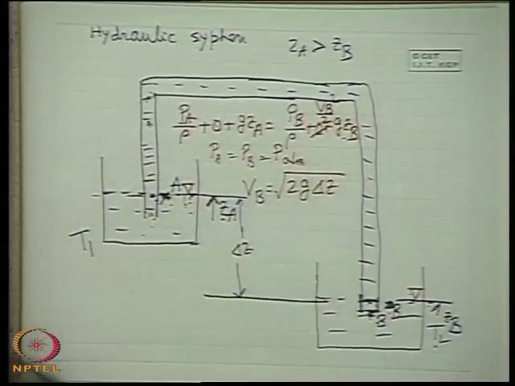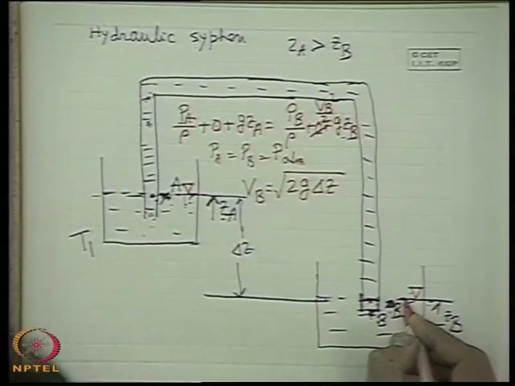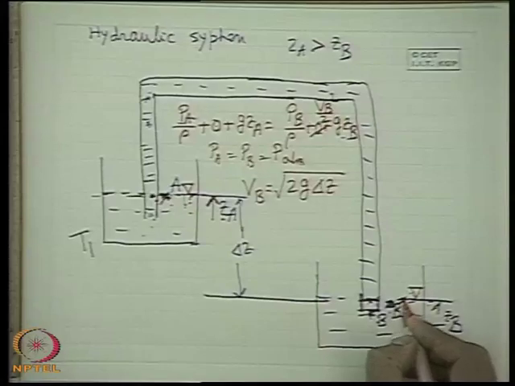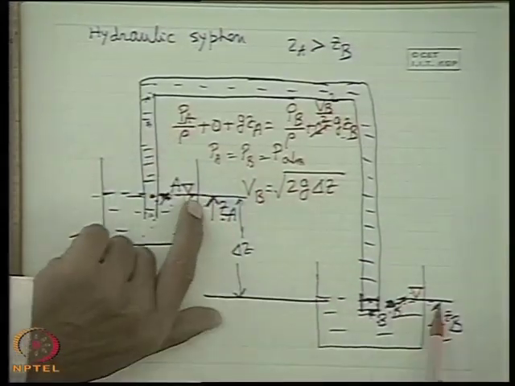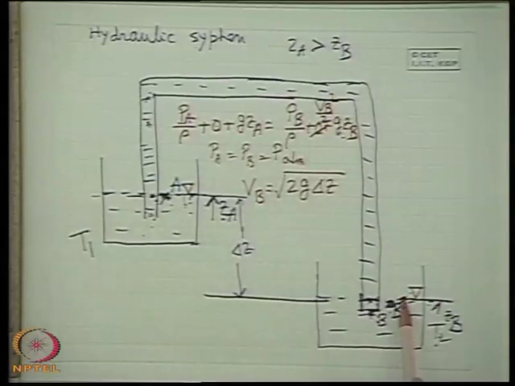I will explain this afterwards if one is interested to know: if exactly at the free surface the liquid comes to rest, then Pa, Pb cancel out, and the difference of the ZA, ZB energy comes out as the exit loss. That means the velocity energy which is discharged here is dissipated through friction into intermolecular energy, which is known as the exit loss. So, a loss term will come, that I will consider afterward.